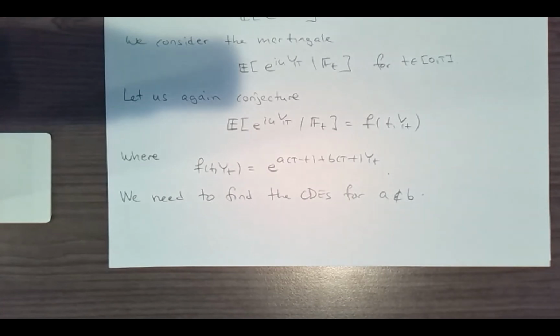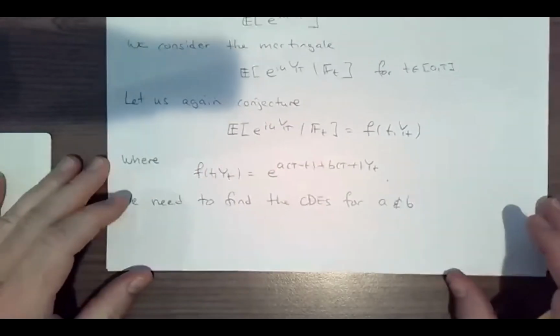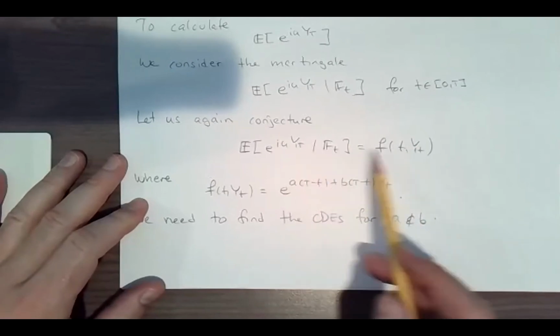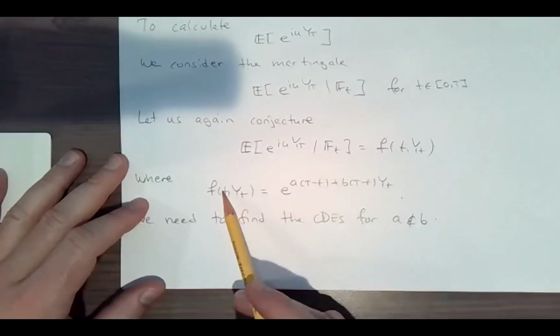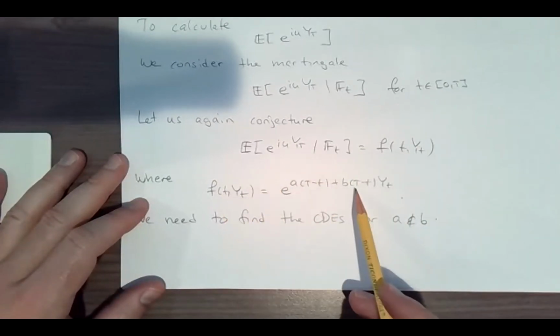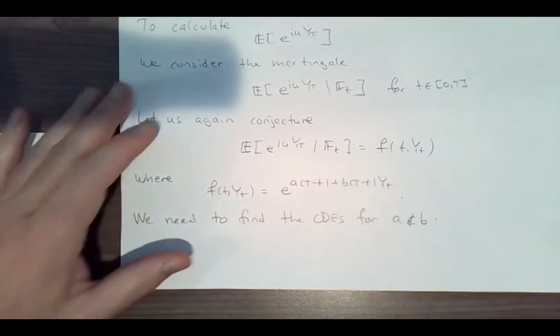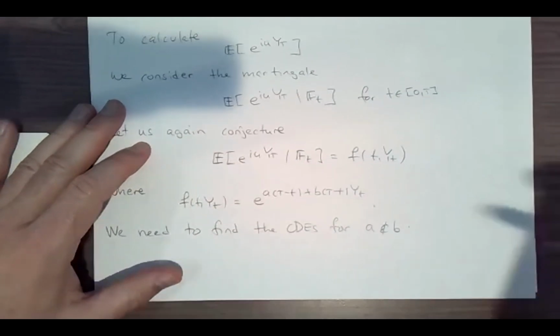So we need to find the ODEs for A and B, and the way we do it is very similar to before. We note that this is a martingale, so we compute the dynamics of the conjectured form, and so on. Right. As before, here we note